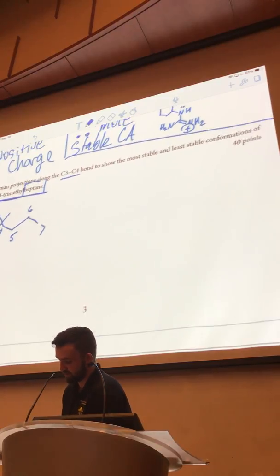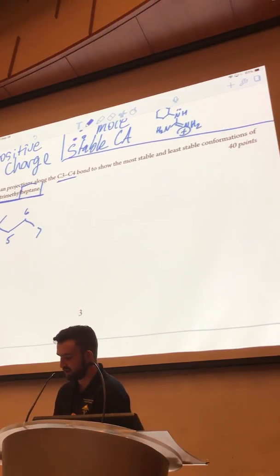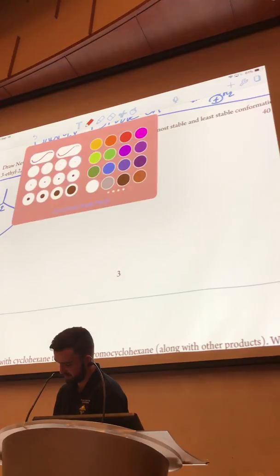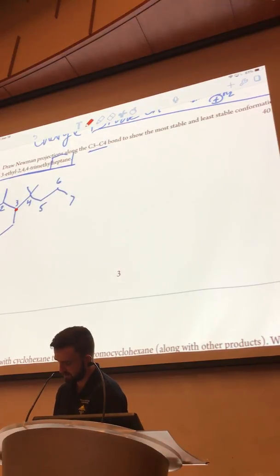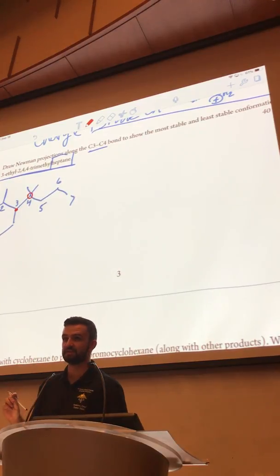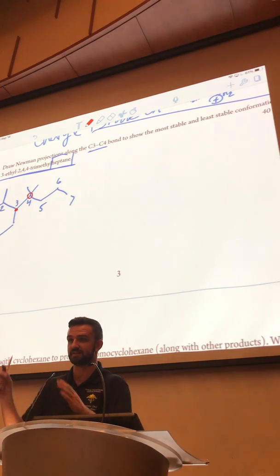Okay, now we've drawn this thing. Now let's go back to the original problem. Draw Newman projections along the C3-C4 bond. So C3, let's start with that here, is right here. C4 is right here. What I'm going to do, I'm going to put a little circle here. That might help us later. So we're drawing a Newman projection along the C3-C4 bond. What that means is that C3 is going